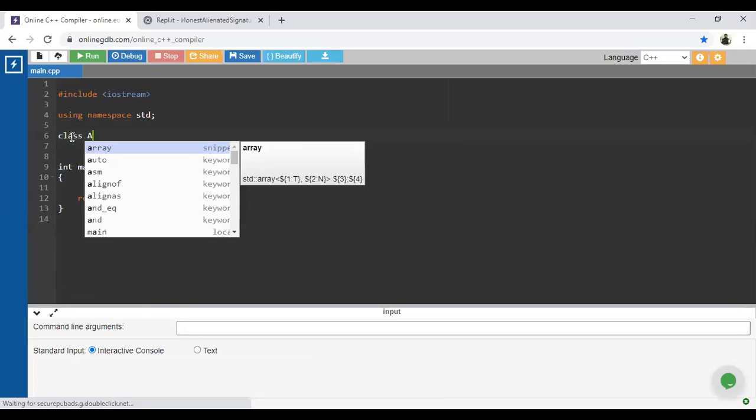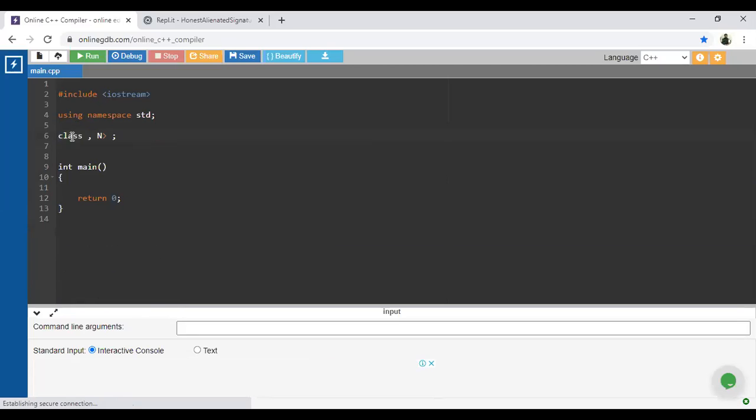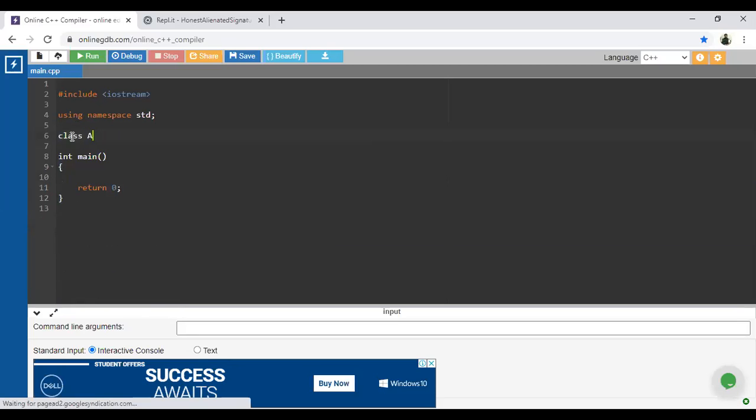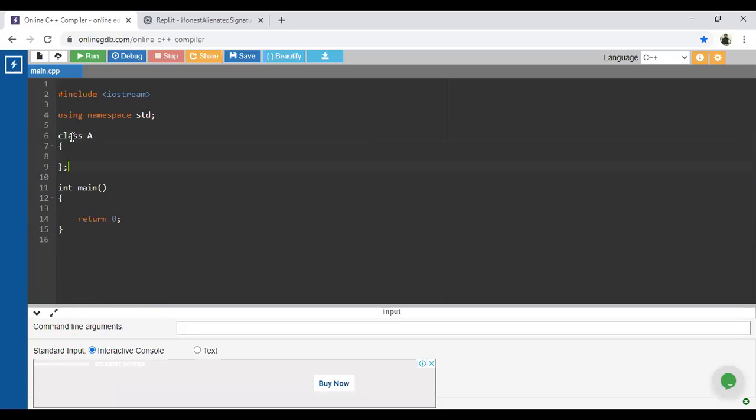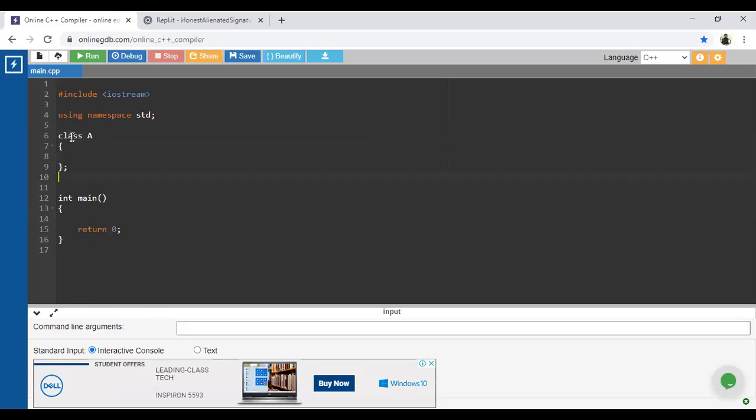Class A. Second one, class B, and this particular class is going to inherit all the data from class A. Clear, guys? This is related to the left hand side from the first portion.